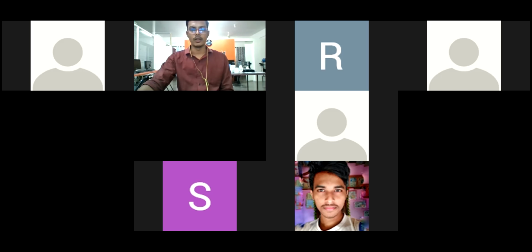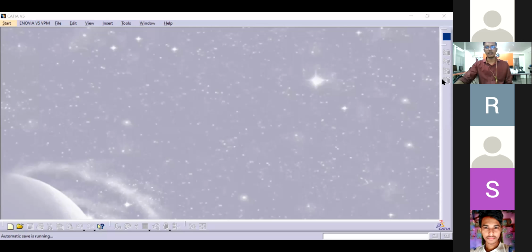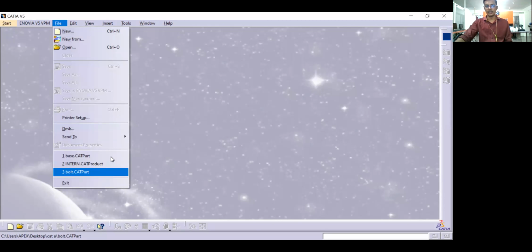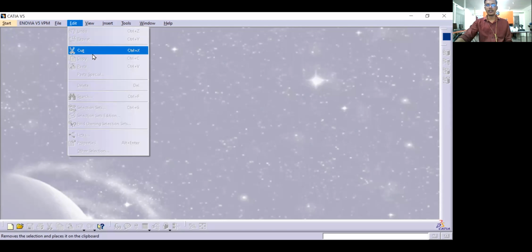Okay, sir. So now I was explaining about this CATIA workspace, right? This is how it will look whenever you open the CATIA workspace. Here you can see all the quick toggles we have. Here we have Start, which is nothing but the settings of CATIA files. It shows the last parts you have saved, and if you want to create a new part, you just go here. Edit is totally dependent upon the sketches you have created, if you want to edit them.